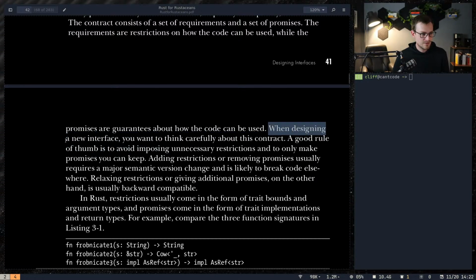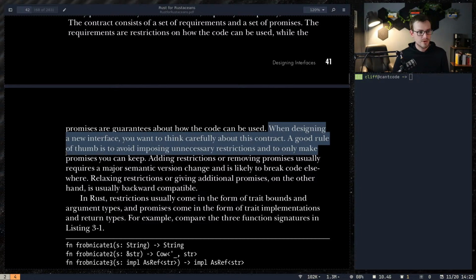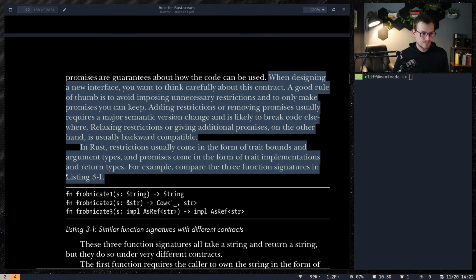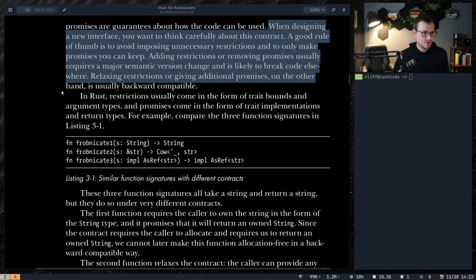When designing a new interface, you want to think carefully about this contract. A good rule of thumb is to avoid imposing unnecessary restrictions and to only make promises you can keep. Adding restrictions or removing promises usually requires a major semantic version change and is likely to break code elsewhere. Relaxing restrictions or giving additional promises, on the other hand, is usually backwards compatible. So he's saying, like, make it extra restricted so that you can relax it later